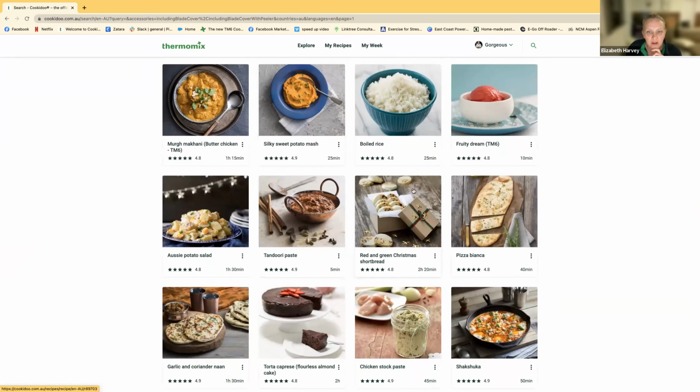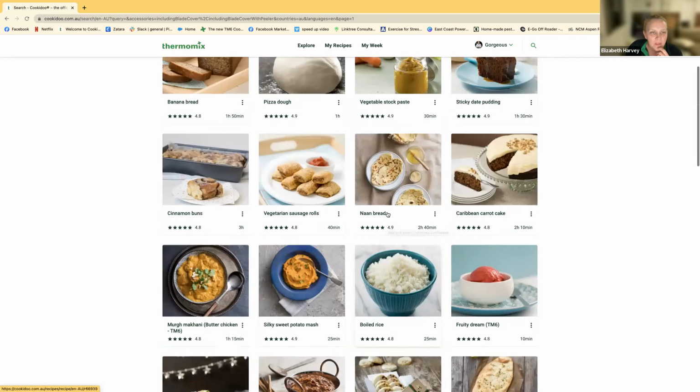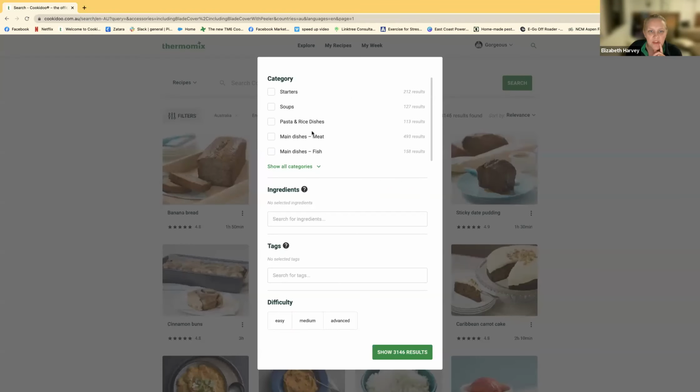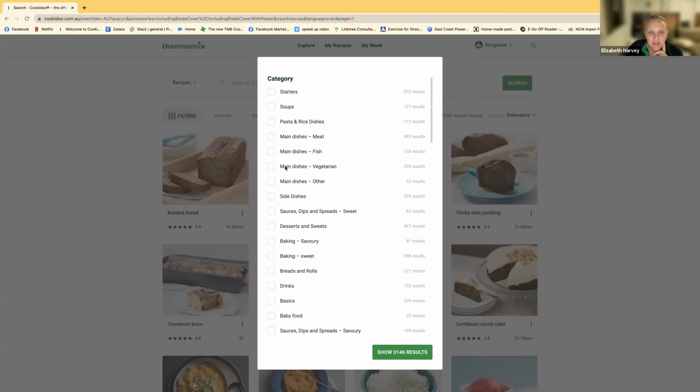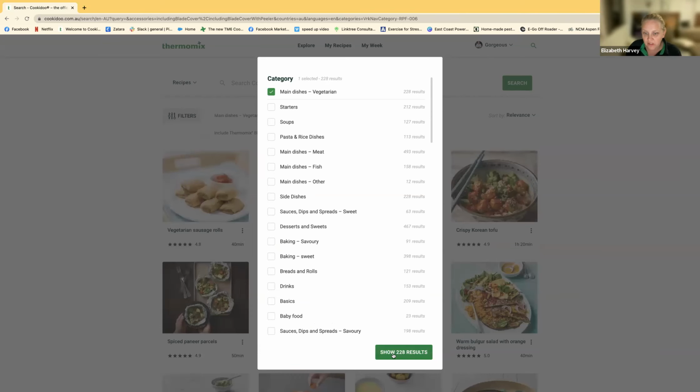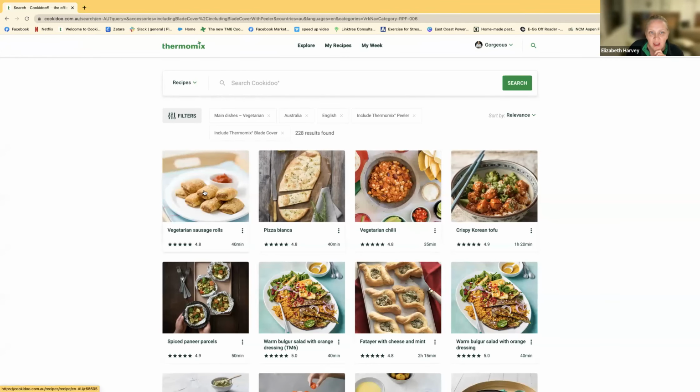There's things that I'm not ever going to make at this time of year, like red and green Christmas shortbread. So if I'm just wanting to do meals, I'll click on my filters, and I'm thinking for Monday, I want to do meatless Monday. So I'm just going to tick vegetarian and show those results. And that's limiting me to 228 things to choose from,